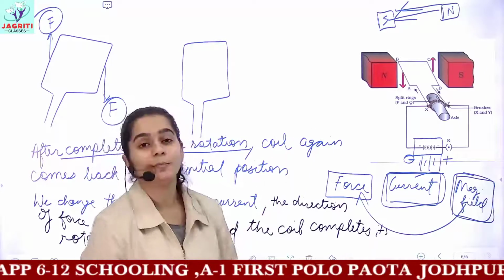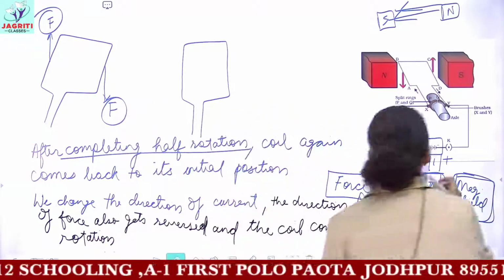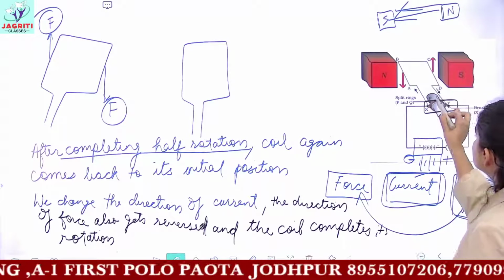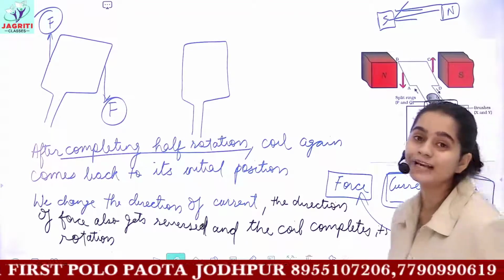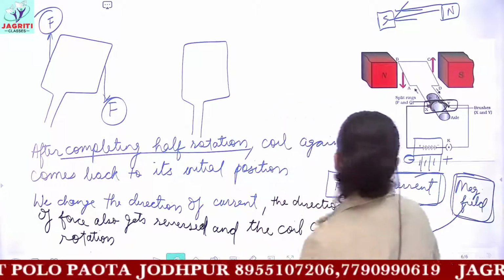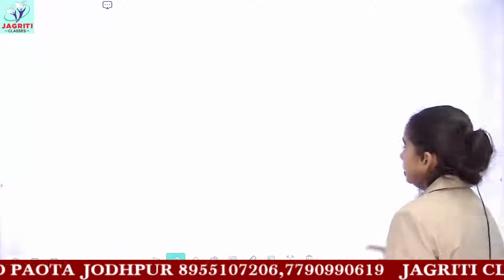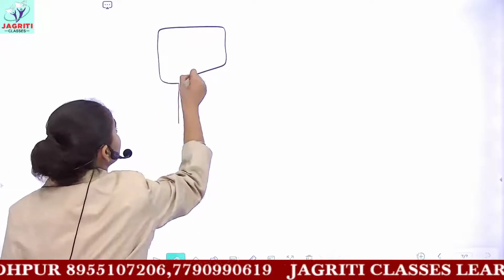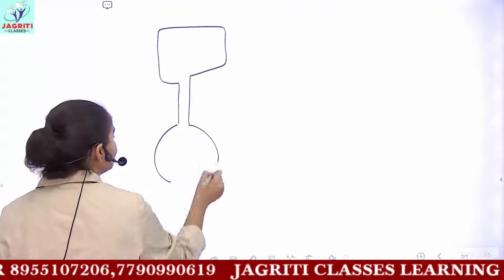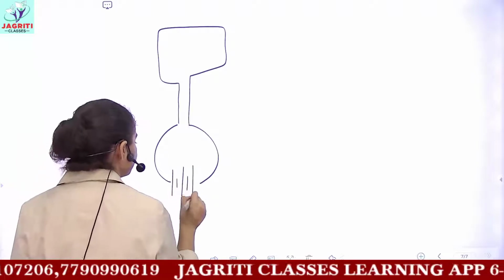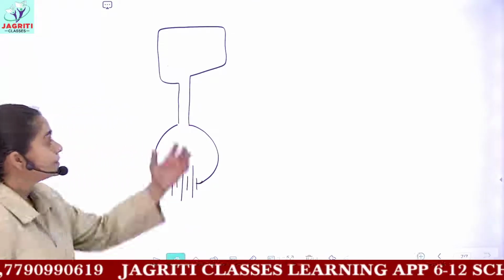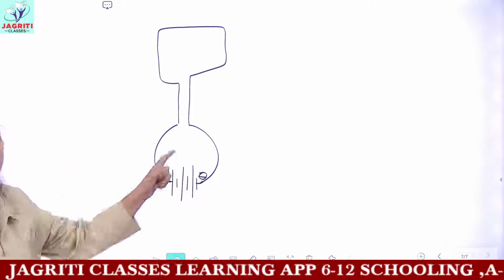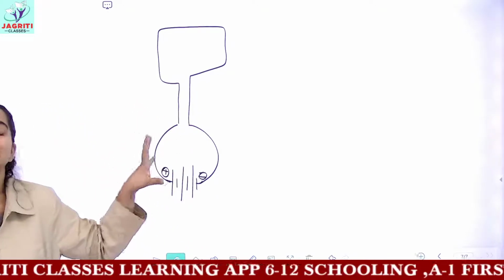But one more problem arises. You see there is a device which is called commutator, which has split rings. Okay, this is known as commutator. So what is the use of commutator? Let's see, if you just have your coil, this coil, and if I directly connect it to the battery. Okay, this is my rectangular coil, and I have connected my coil directly to a battery. I do not need any commutator here.